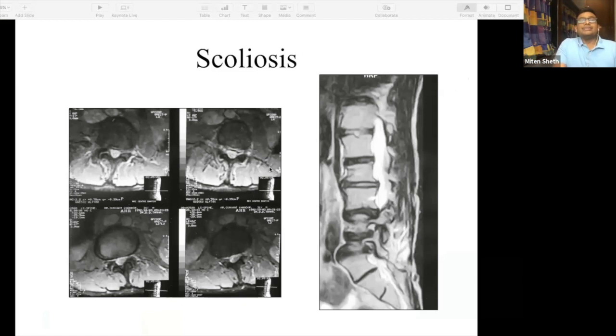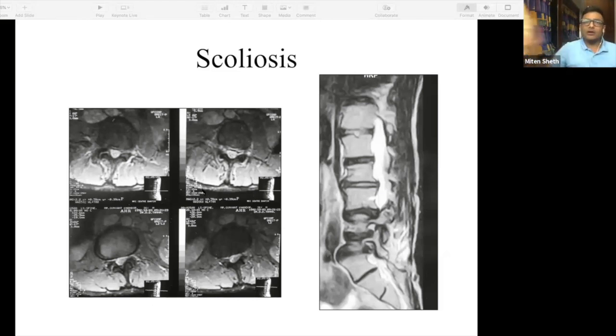Understood? Sometimes the spine is crooked. In that case, when you cut the spine, this place might be mid sagittal whereas this place might be parasagittal because the cut is going like this. So in degenerative scoliosis, sagittal images do not have a lot of importance. There you need to look at the axial cuts.